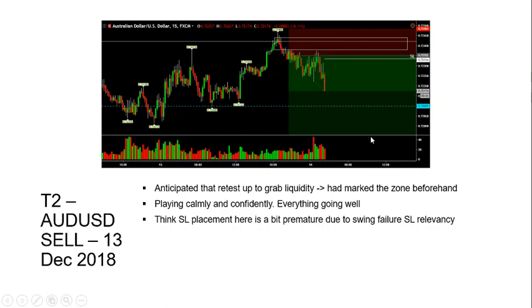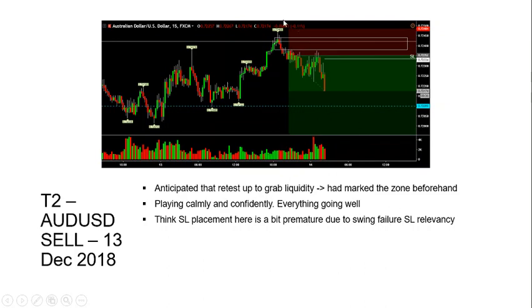So the sell happened, and around this area, I anticipated this to spike up to get some extra liquidity before moving down. I was playing very calmly and confidently. Everything was going well. I did move my stop loss down over here. It's a little bit premature due to